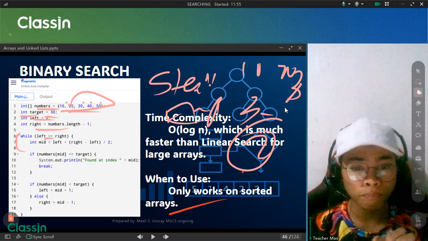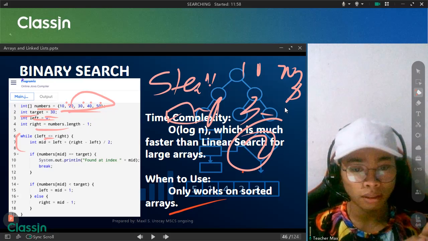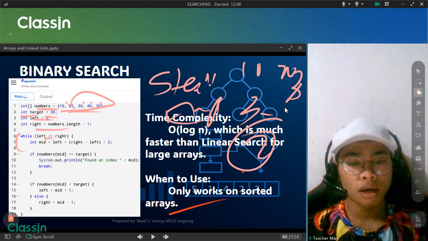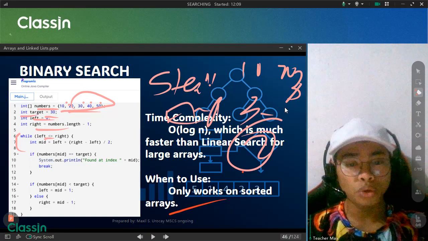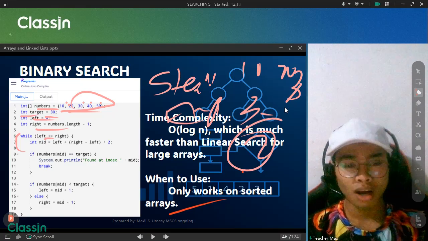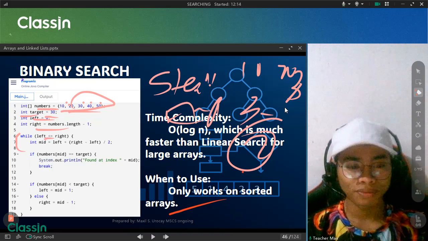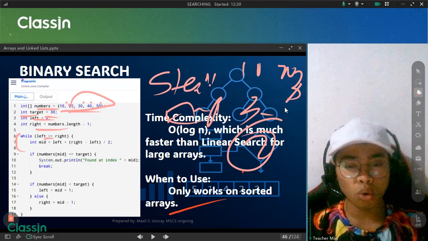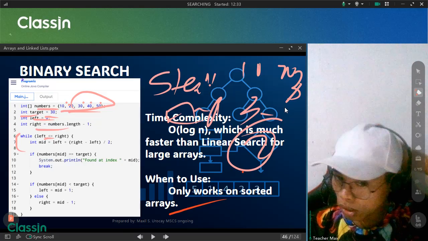So it must be left plus (right minus left) divided by 2, because when calculating left plus right divided by 2, we will actually use that formula to avoid overflow when calculating left plus right. So that's why we're able to use the formula left plus right minus left as well, because it will be effective as well.